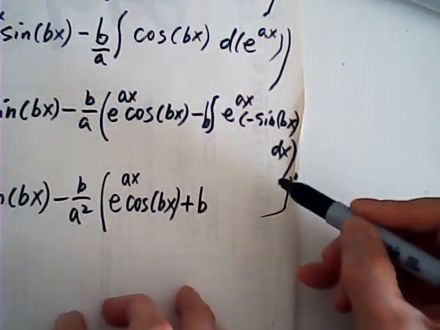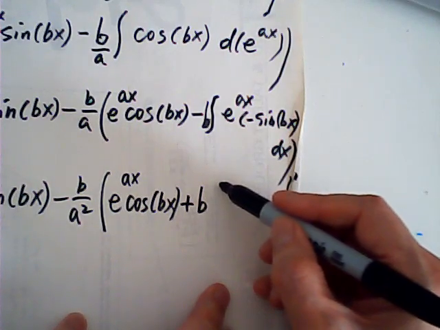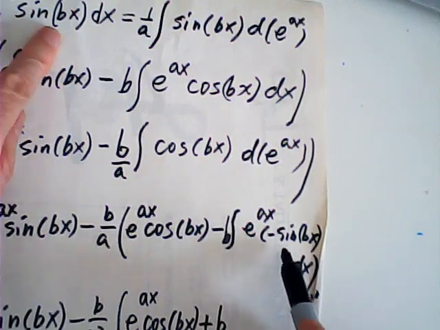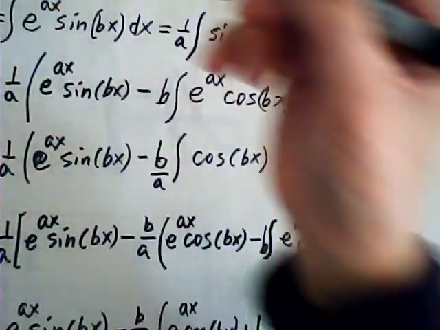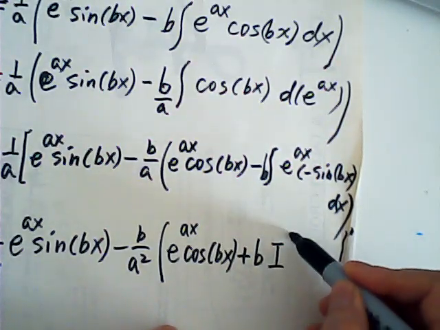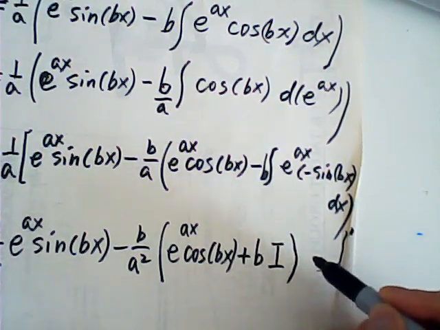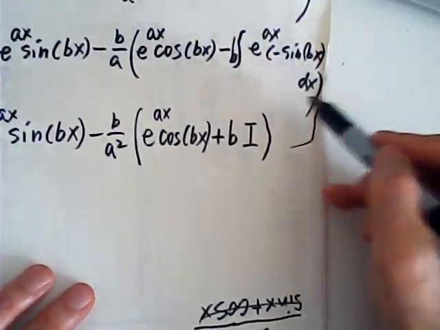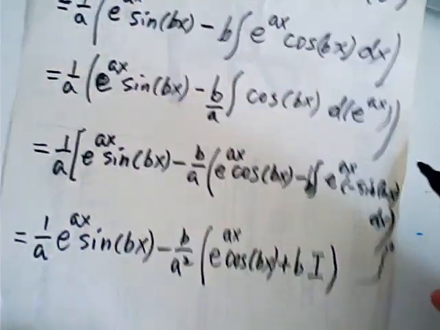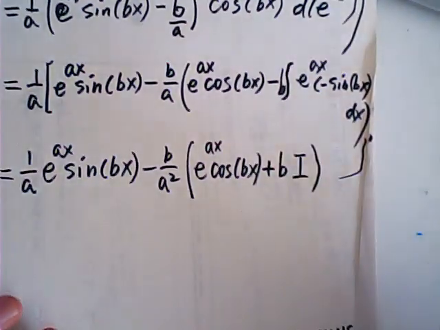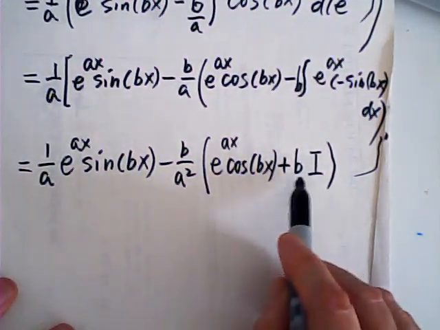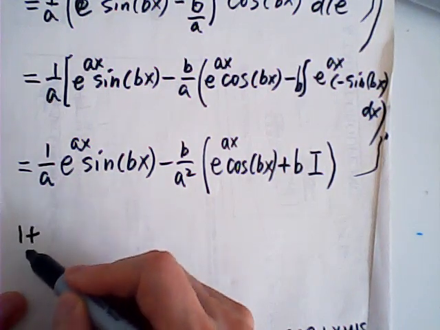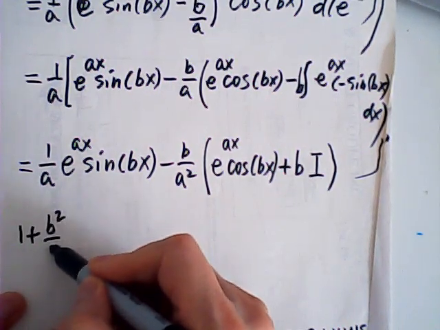And the b outside. And this is e to the, okay, same thing as I, right? This is I. So this is bI. Okay, this is my original integral. Then I move this one. Okay, this is b squared. Right? Then I move this one, is 1 plus b square over a square